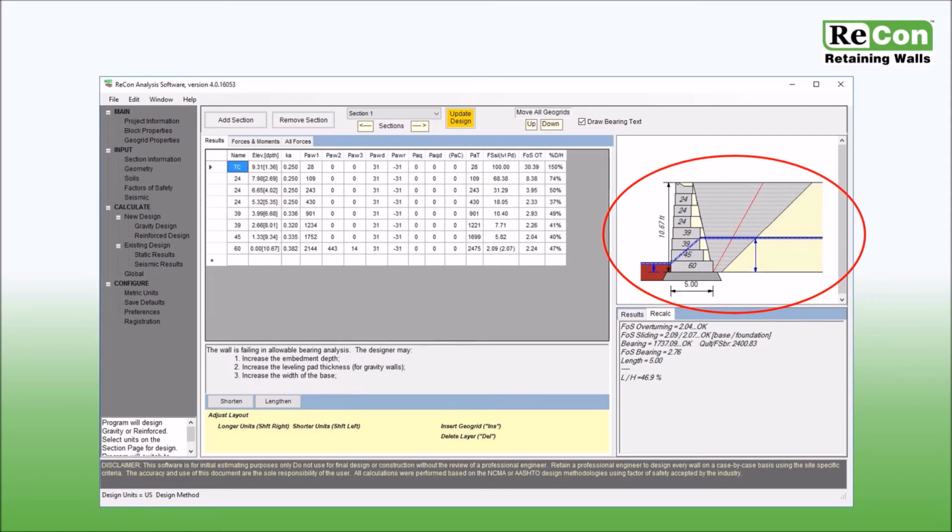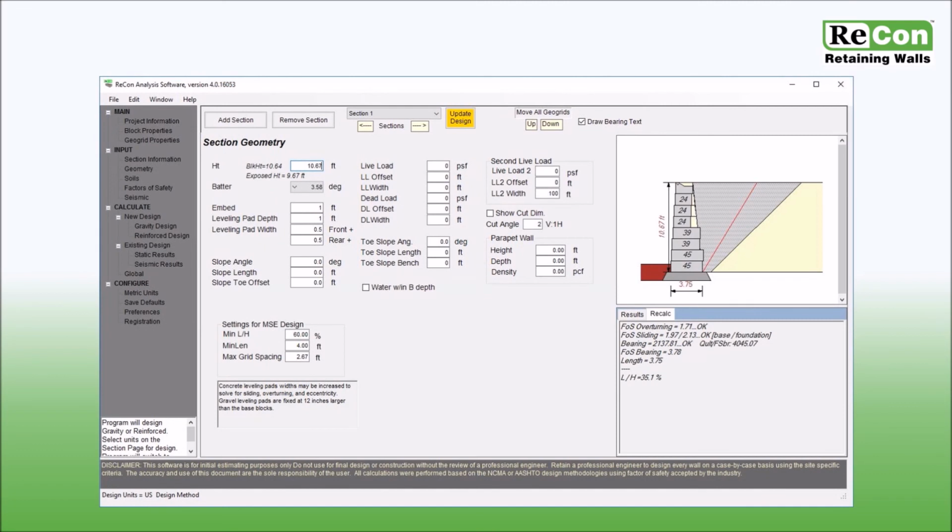As previously mentioned, dry condition analysis within Recon Wall 4.0 assumes that the water table is located well below the footing for calculating allowable bearing capacities. If your water table elevation is known and is located near the anticipated foundation elevation, you should input this information so that the allowable bearing capacity is adjusted accordingly. To include water table information,